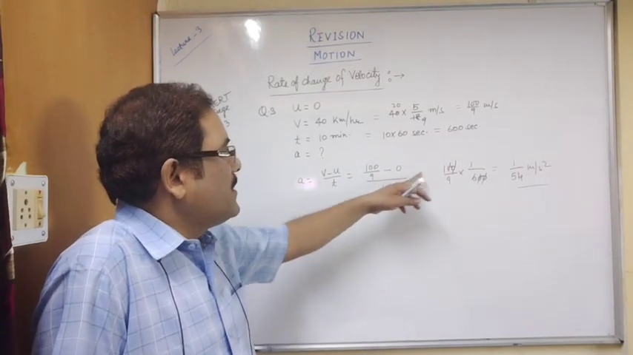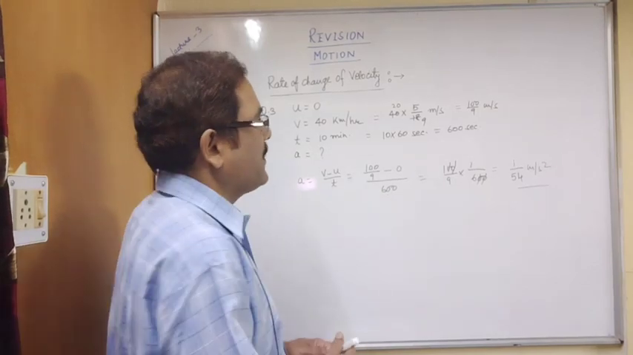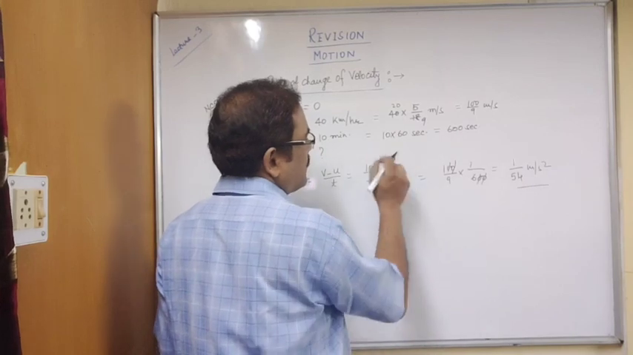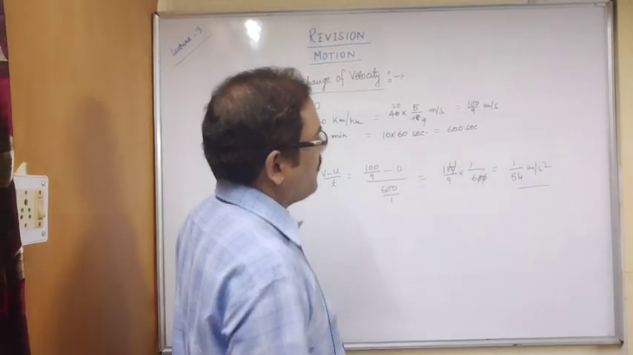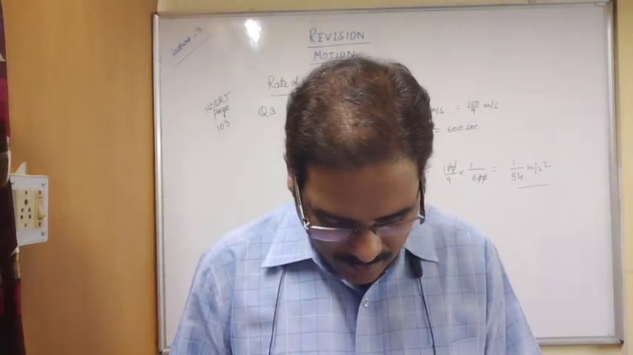100 by 9 minus 0 divided by 600. In the previous question, as we have discussed, in the denominator 1 is hidden, so when it goes up, it will be into 1 by 600. So you will get 1 by 54. Now next question is